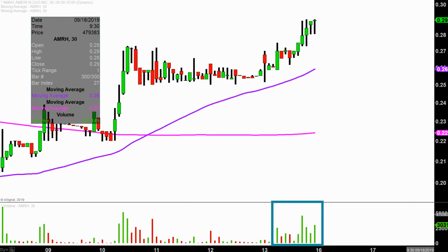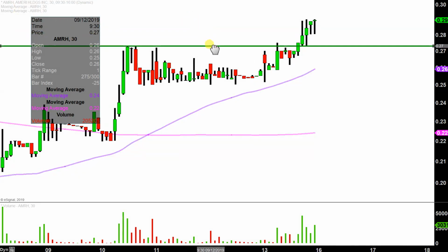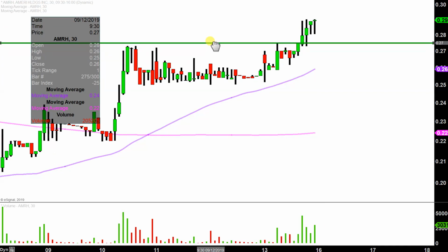So let's map out some areas of support, and then we can talk levels of resistance. So the first level of support is what I would call the ideal level. When we say, hey, Clay, what would make this chart look the absolute strongest going forward? And that would be if the price could stay up there above 27.5 cents. Now, don't get me wrong. If the price falls below 27.5, I'm not saying the entire chart is destroyed or ruined or anything like that. But yeah, if the price could manage to stay up above that level, that would definitely be a big sign